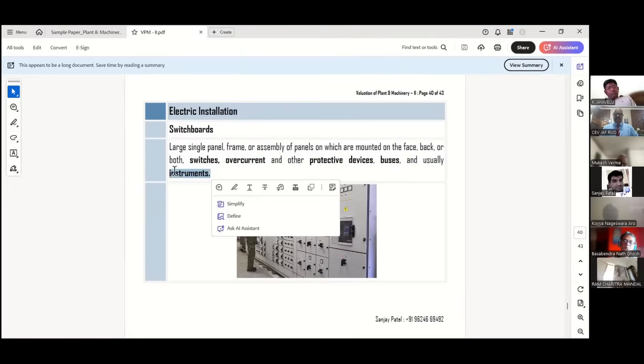Okay, what do you mean by the instrument? Last time we have discussed, instrument में क्या क्या आता है? Voltage, current, pneumatic valves, pressure, ammeter, voltmeter. Any ammeter and voltmeter is an example in electrical instruments. Okay, so आपके instruments में आएगा